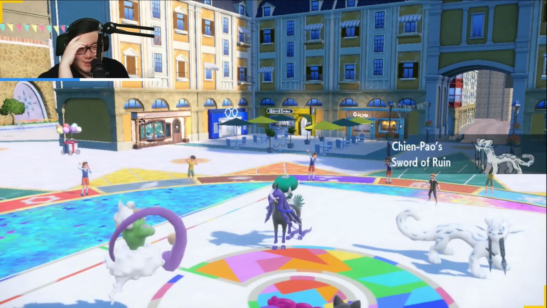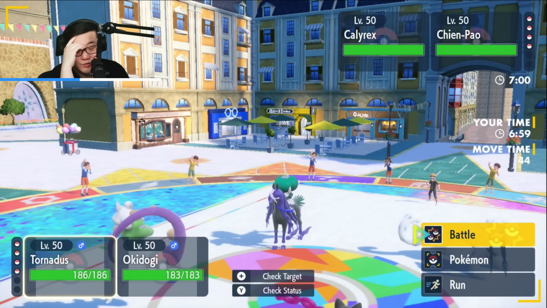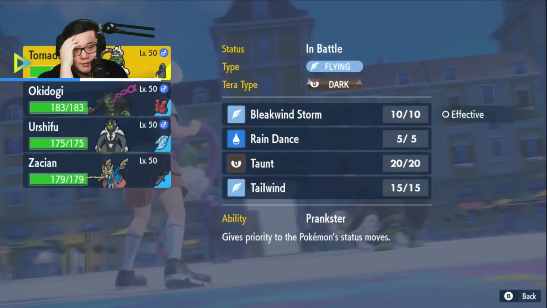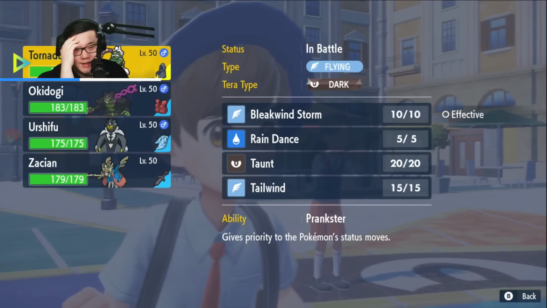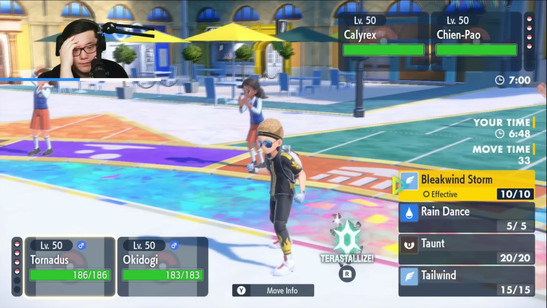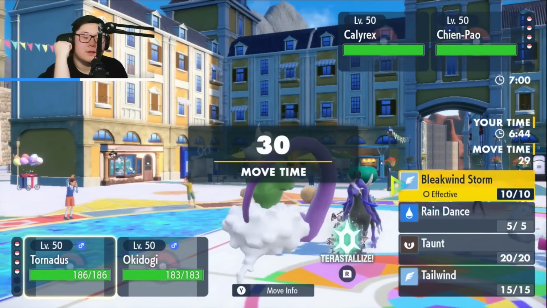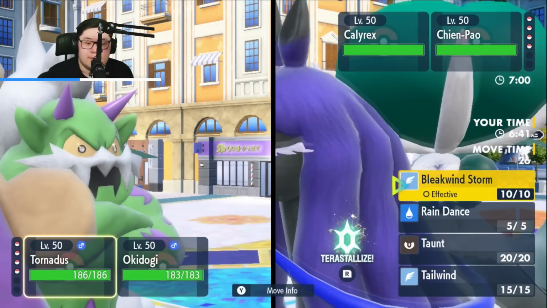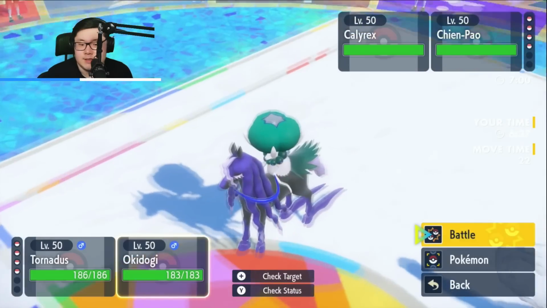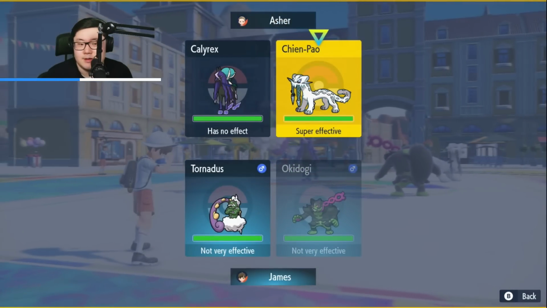So my only concern is if they want to hard switch into the Weezing to prevent my Tailwind. I have to call that. Or do they just stay in? I'm going to Tailwind, and I think I'm going to Drain Punch the Qianpao, because they should never Terra Ghost